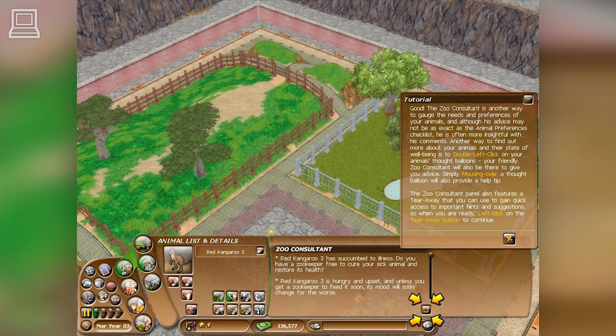Good! The zoo consultant is another way to gauge the needs and preferences of your animals. And although his advice may not be as exact as the animal preferences checklist, he is often more insightful with his comments. Another way to find out more about your animals and their state of well-being is to double left-click